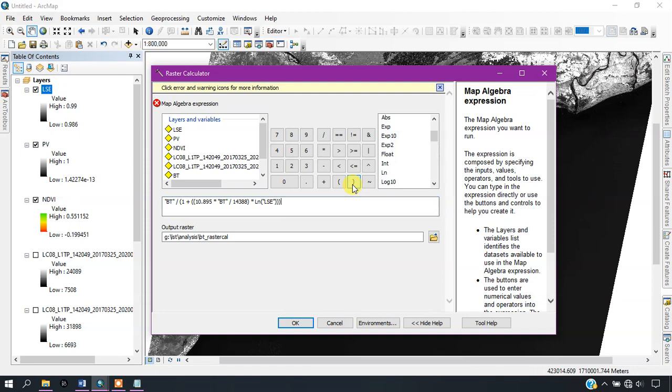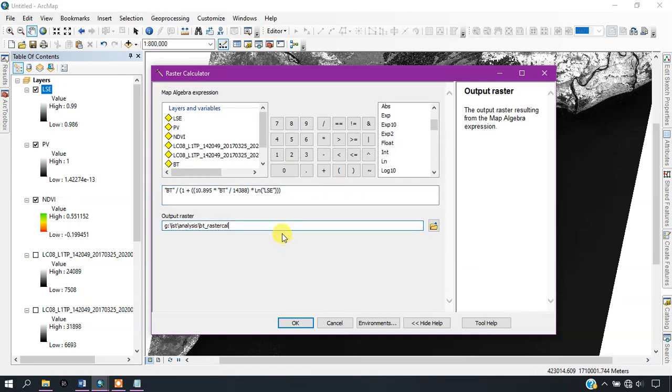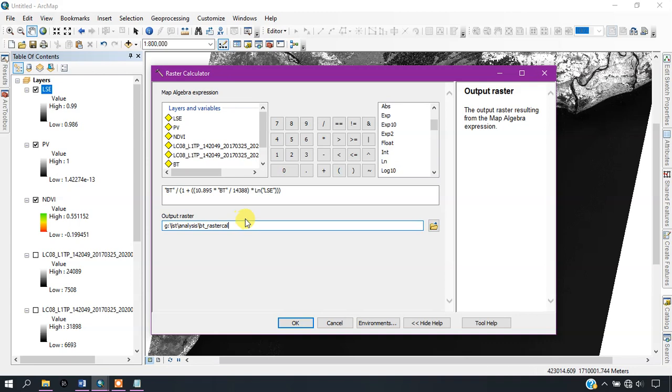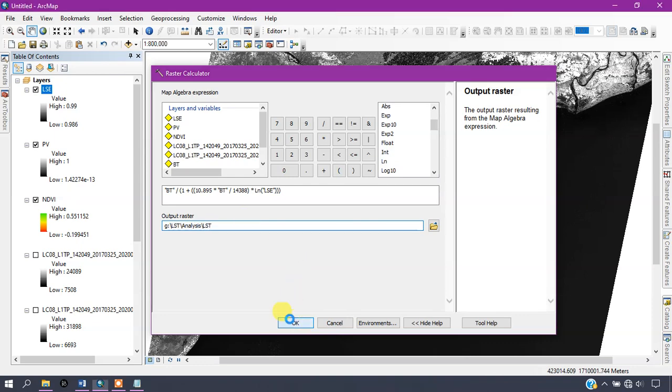Now close the bracket. So you can see here, this is the formula. Now we have to select the output folder and give the file name for it. Now just give OK for starting the process.